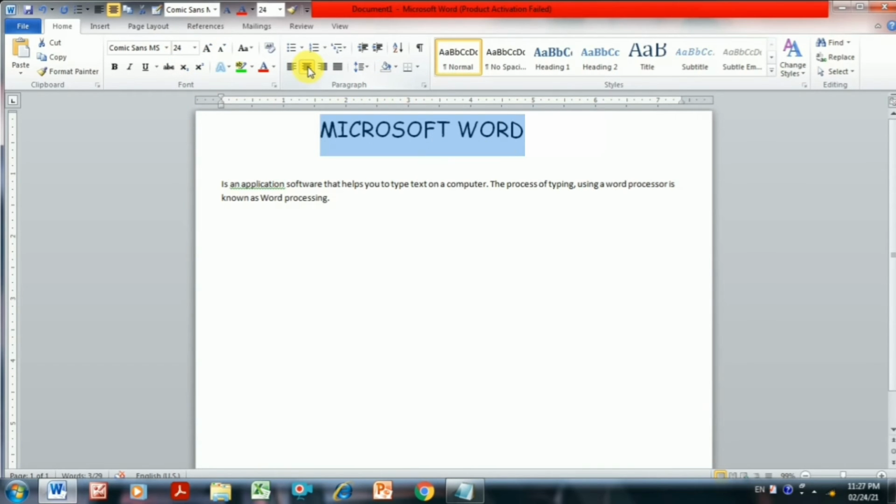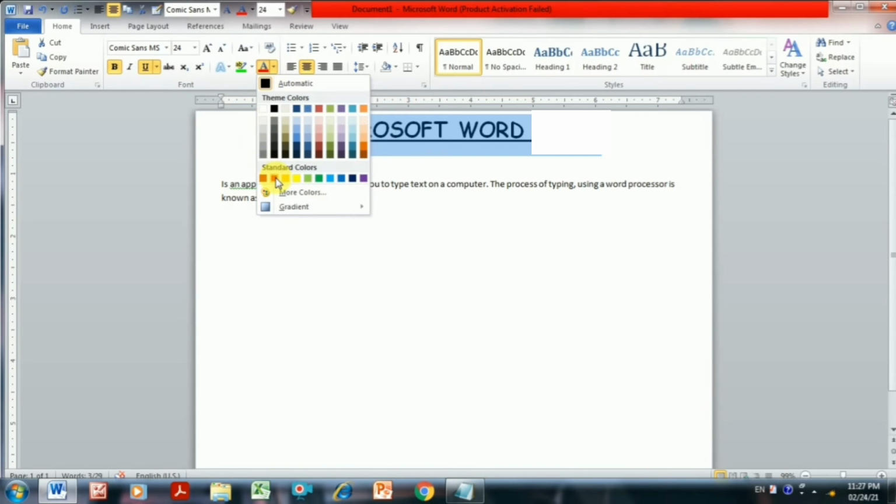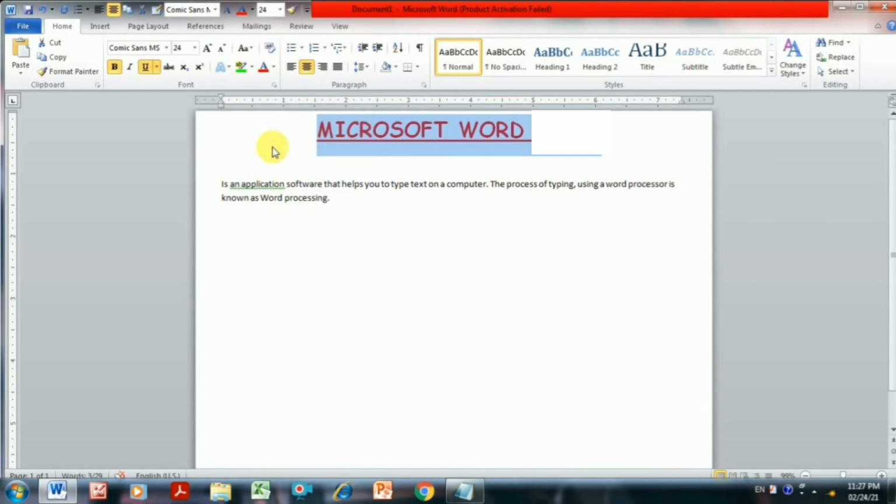It means it will come into the center of the page. I will make it bold and I will make it underline. So now my text looks attractive. I will change the color of my text also. I will make it red. So now you can see the title of our text, it is there in red color and in bigger size.